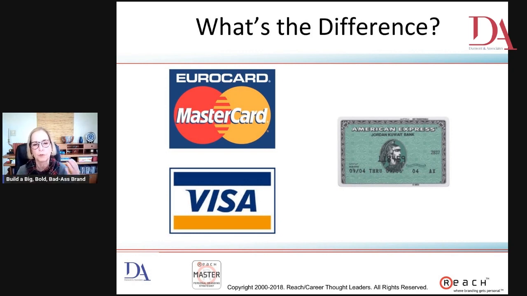If you think of the difference between MasterCard, Visa, and American Express, okay, they all do basically the same thing, right? They all let you get money or reserve something without actually paying cash. But from there, they differ. 2 of these cards allow you to carry a balance. Now, you pay interest on that balance, but you can carry a balance. Whereas in American Express, you pay it all off at one time. They're used for different things. They're often accepted in different places, but they all have one thing in common, and that's the way that you use them.